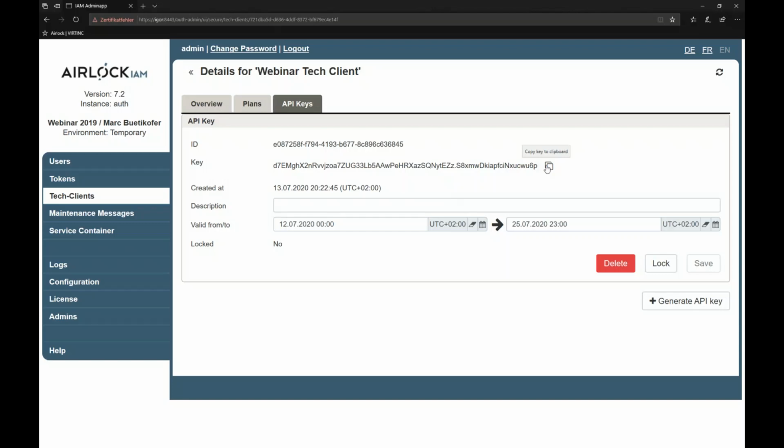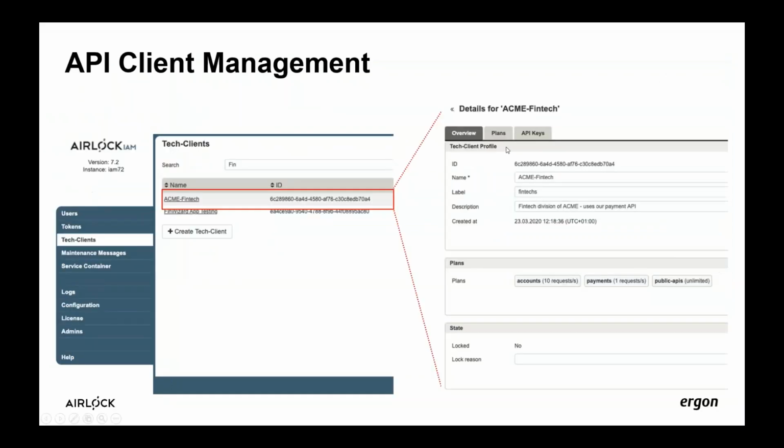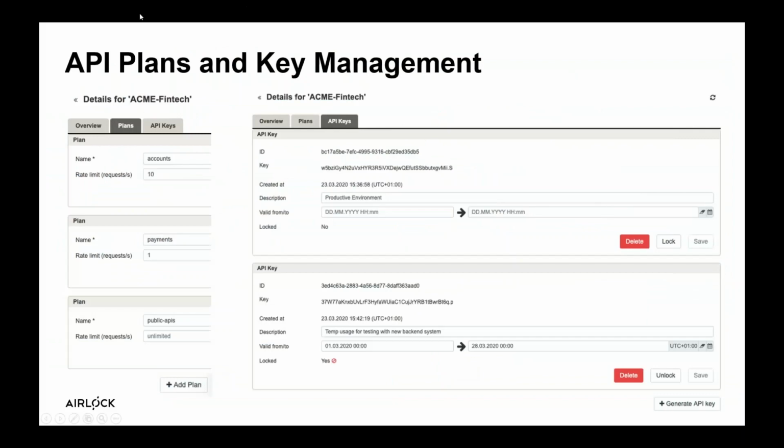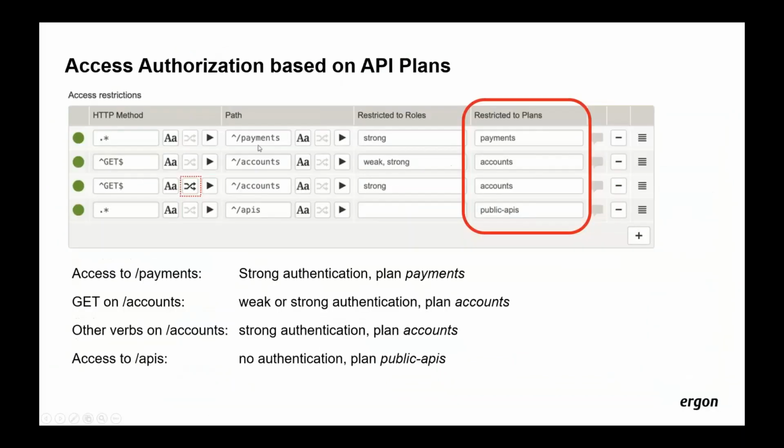Those are actually JSON Web Tokens, so JWTs, which can then be given to the technical client, which will insert them into their calls. And when the calls are sent, the WAF can control on the other side whether the plan is needed or not. So there are those things I showed you in the GUI of the Airlock IAM, and then on the